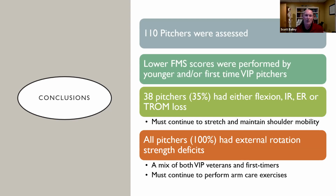Some guys can get away with doing no stretches at all and have full range of motion and no deficits. Some guys can't. But if you're one of the guys who have to stretch to maintain their mobility after you pitch, then just realize that that's something you're going to have to keep doing,